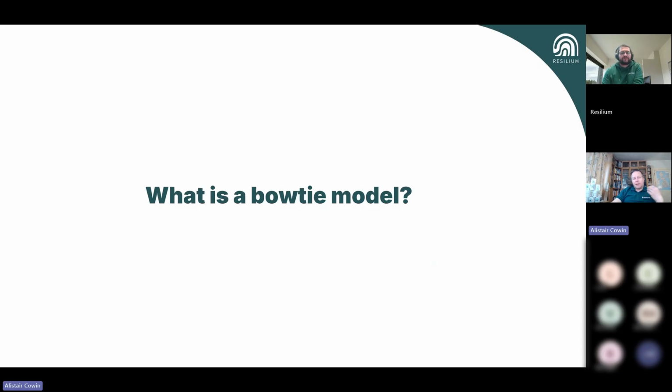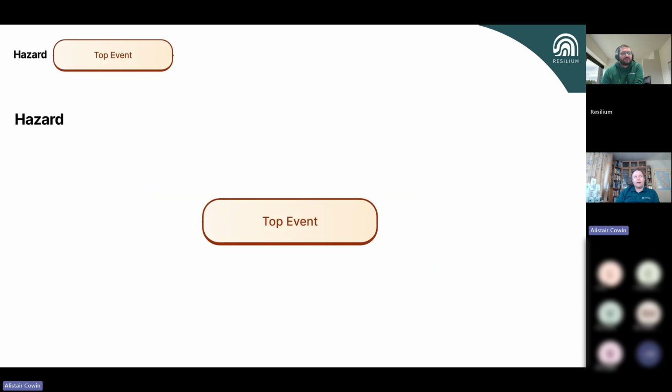I'm going to break it down, there's 7 or 8 steps to it, depending on which book you've read, but we always start with the hazard. The hazard and the top event, these 2 things go together. You can't separate them in my mind. For me, this was the big step change in my thinking when I started to understand that the hazard can sometimes, if people just describe a material, there's no context, there's no meaning around it. Yes, these things can be bad. Hydrazine is inherently dangerous no matter which way you look at it. But what and why?